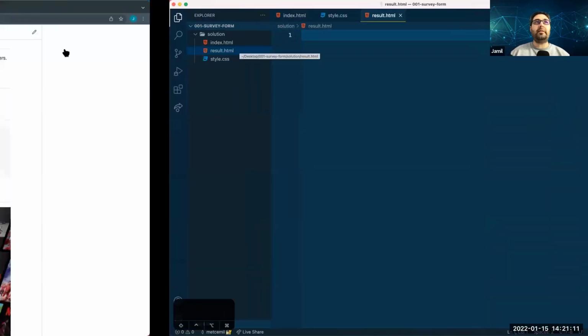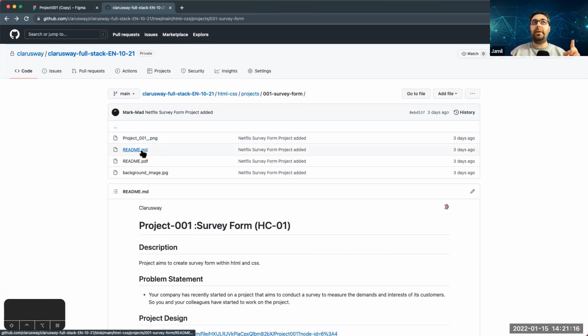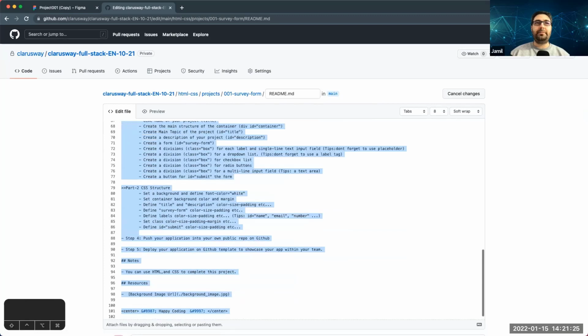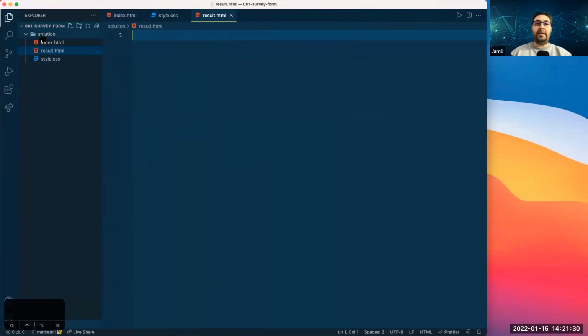Only the README file is not here. Again, if you pull this from the repo, then you already have it. But if you haven't, no worries. We can create this file as well. Just copy everything from here and then create your README file. If you're just following me, you will most probably not have a README file. You can create your own by clicking in the main folder, not the solution folder. Clicking outside will unselect the solution, and then you can create a README file,